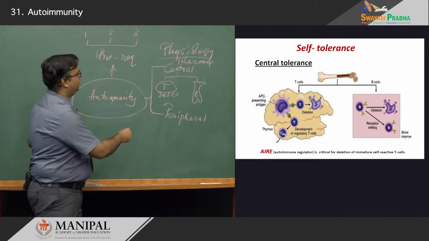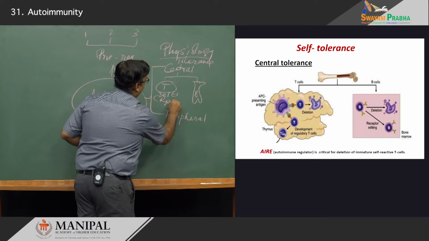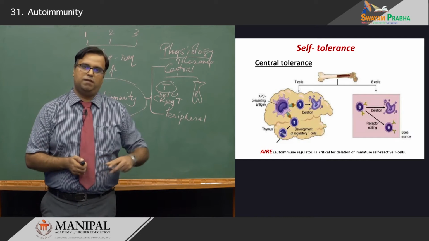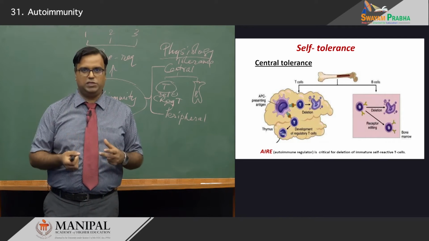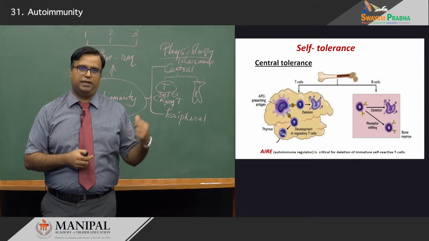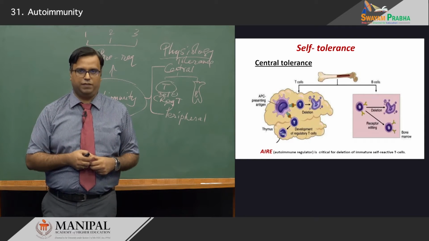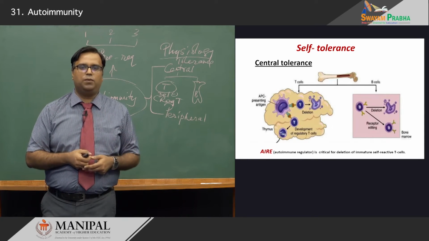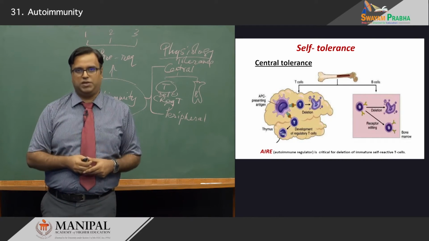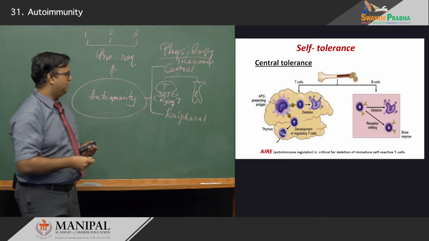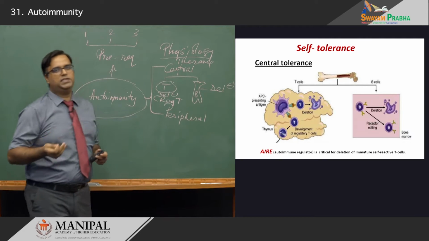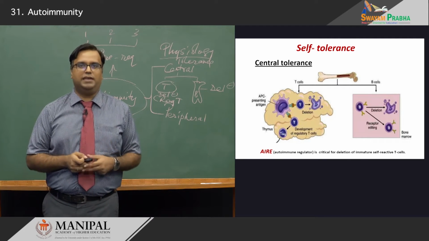Now, there is another important aspect, which is called regulatory T cells. This is a small subset of your T cells which are devoted to the pathway of lymphocyte inactivation or stimulation. A detailed role of that we will come to in a couple of slides, but for the time being, remember, this also happens at the level of the thymus. Now, at the level of the bone marrow, you will see the B cells, of course, maturing, differentiating and releasing into the bloodstream. There also is an important aspect of deletion, where all these self-reactive B lymphocytes are rendered inactive.